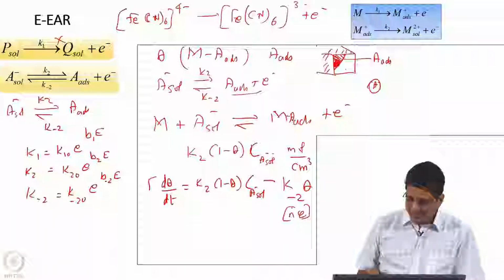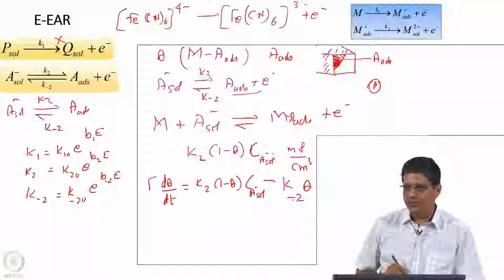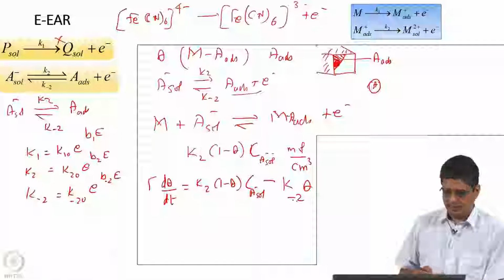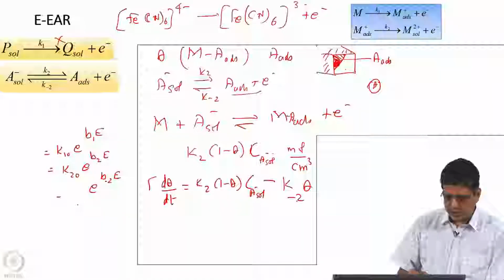No, it does not work that way. It rather works by changing the K minus 2 or K2 here. We do account for it, it is just not linearly increasing with this. Now, can you write the expression for the Faraday current? When I change the potential, how will the current change?